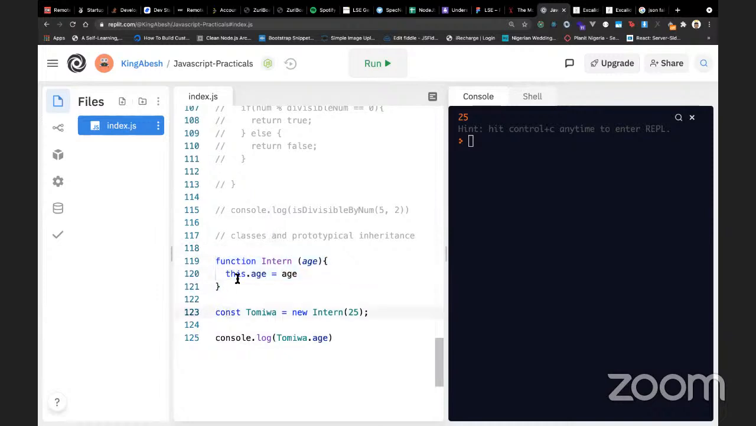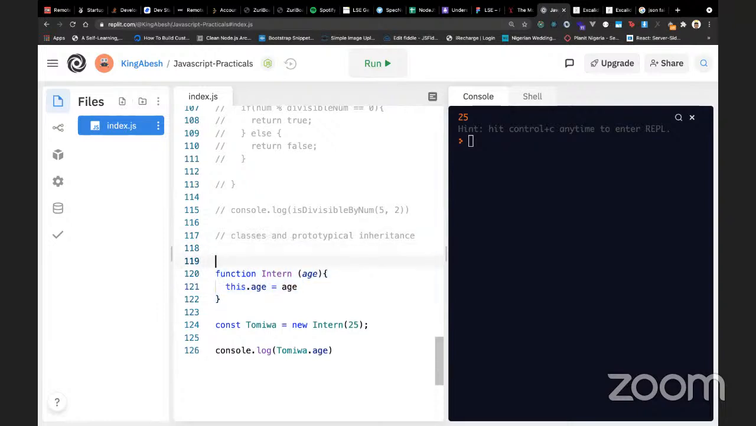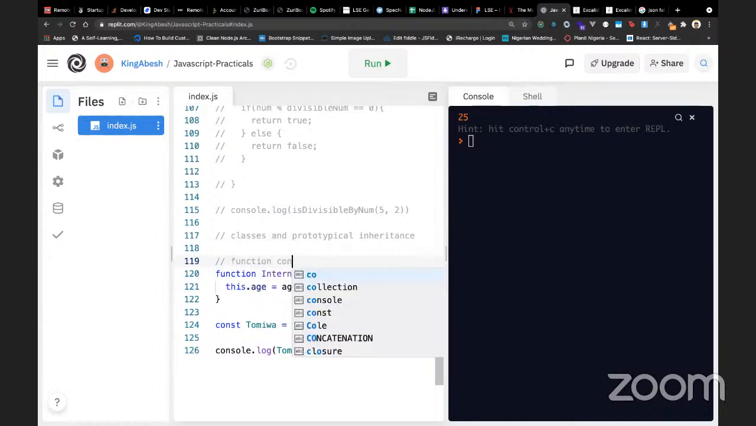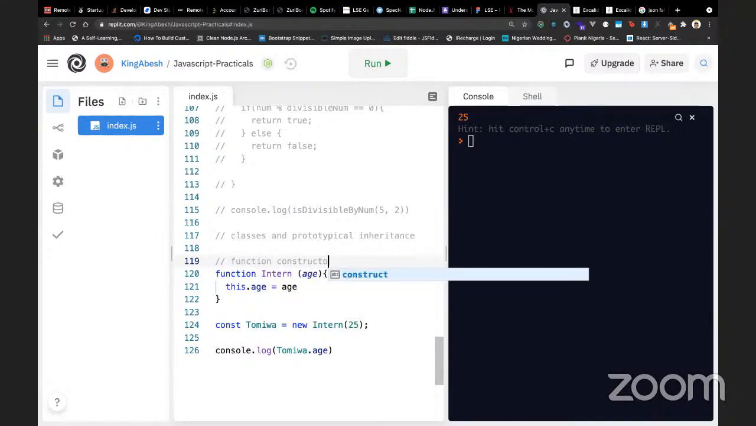So the convention is when you use functions like this, you use the this keyword as it is. This is a function constructor, right? So to make this inherit